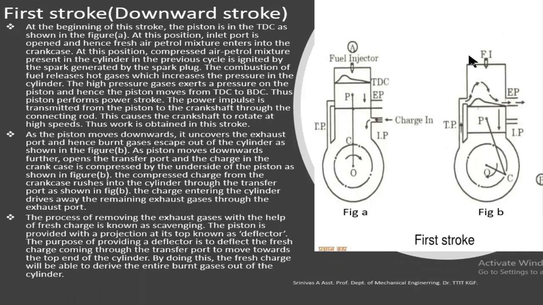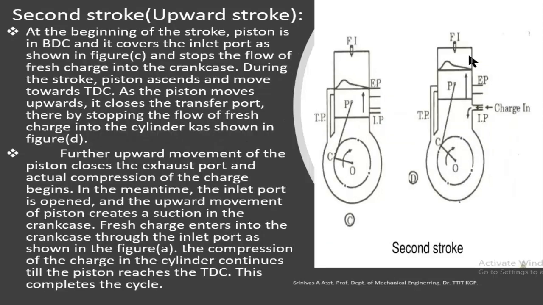In the first stroke, the downward stroke, mainly two operations take place. One is the power stroke or expansion stroke, as well as the exhaust stroke. The burned gas is driven out by the fresh air, which is known as scavenging. Then the downstroke is finished, and the second stroke is the upward stroke. During the upward stroke, the air-fuel mixture is compressed and also fresh mixture is taken into the crankcase, that means the intake stroke takes place. Like this the two strokes are done, and four operations are done in only two strokes.